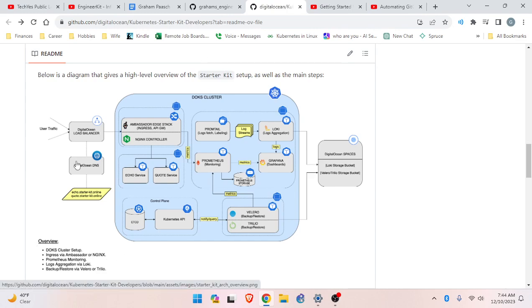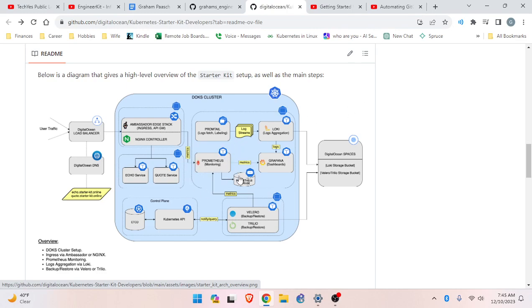So the overview of this diagram is docs cluster setup, which you see here, ingress via Ambassador or Nginx. So we see coming in like that, but we do see things coming in through the control plane as well, coming into Prometheus. So it says that it ingresses from Ambassador or Nginx, but it doesn't say where it ingresses to.